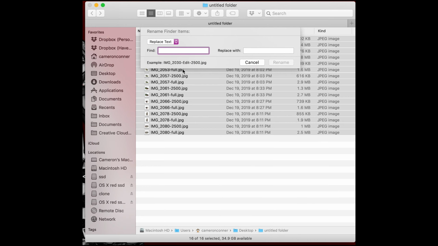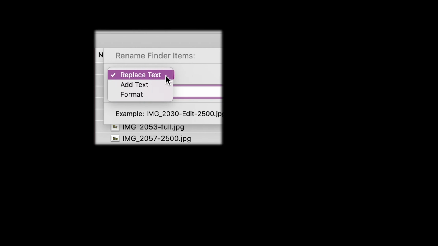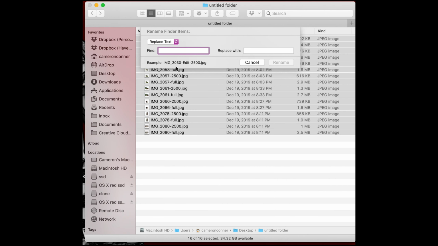So when the dialog opens up, you have a couple of options. First, with this drop-down box, if you click it, you can either replace text, add text, or format the names. This time we want to replace text. I want to replace img underscore, therefore I'm going to type that in here. And I want to replace that with, let's just call it photoshoot